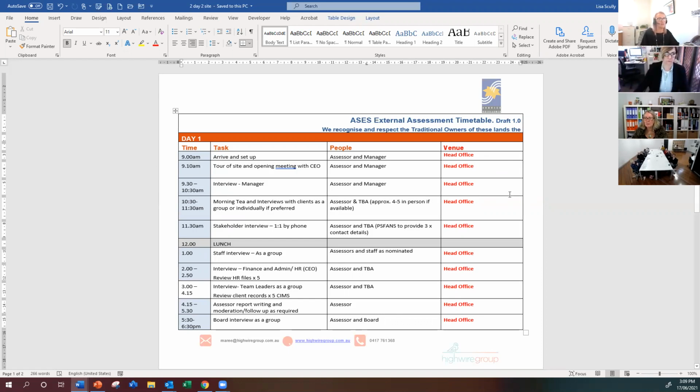This first line, I do like to start with the manager, CEO, director, if possible. It just gives a really high level overview of the strategic directives of the organization, and also the way that that's being implemented throughout the organization. So the manager, CEO sits in that middle spot between the board and the staff.